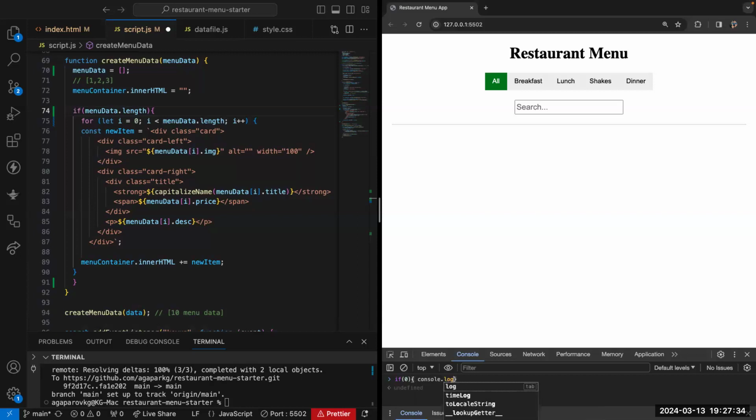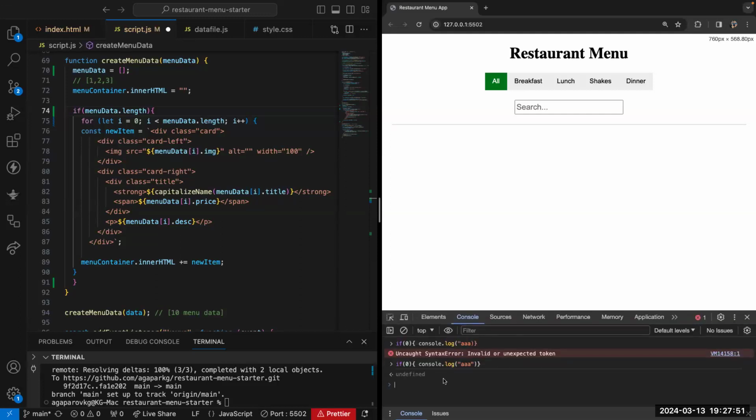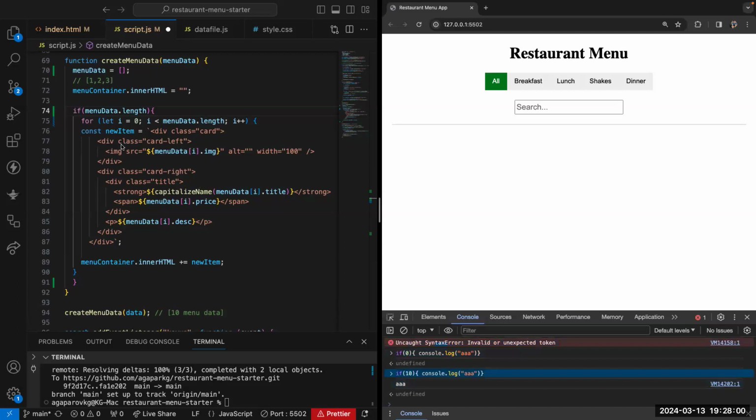Console.log. Okay, so yeah, it's not appearing, right? If I put something, let me put this one right here. Okay, it's not appearing anything. If I put something other than 0, for instance, then I can see my console log. If you put 0, that 0 means if menu data is empty, right? If the length is 0,